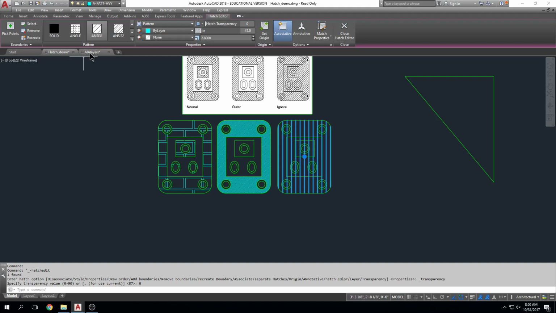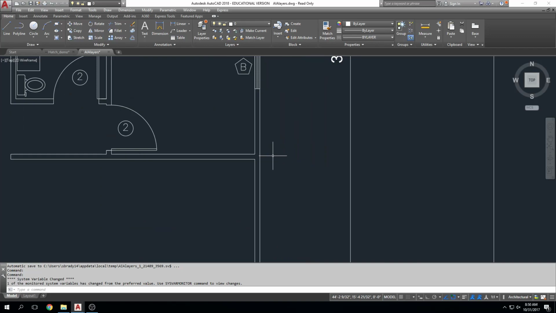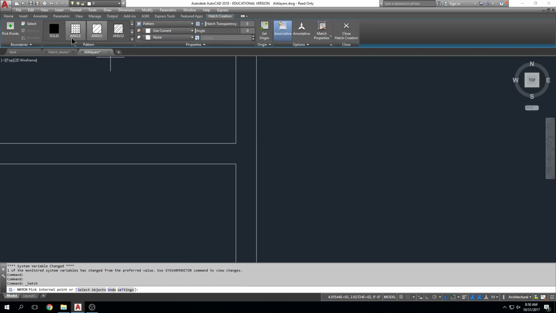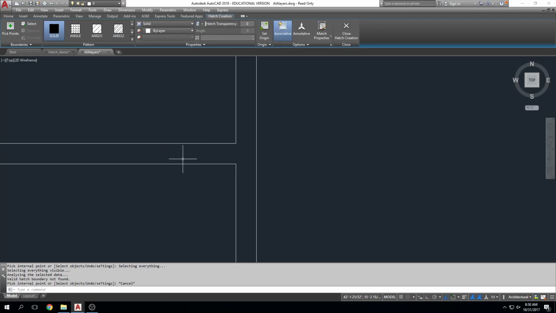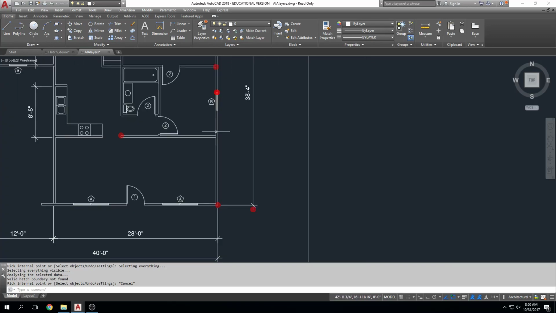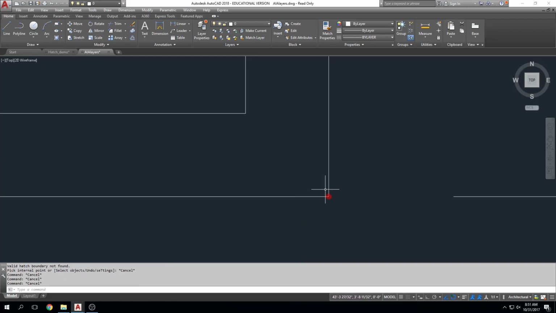But for example, if I have a floor plan, and of course it always works when I try and error, but if I'm zoomed in and I want to hatch my walls a dark hatch, I come up here to my hatch command, I choose solid hatch, and then I go to click and it says, hey, a closed boundary cannot be determined. And you're thinking, I went around and I filleted all the corners and these are all polylines and everything appears to be working, right? Well, maybe it's not working. This is actually a new feature